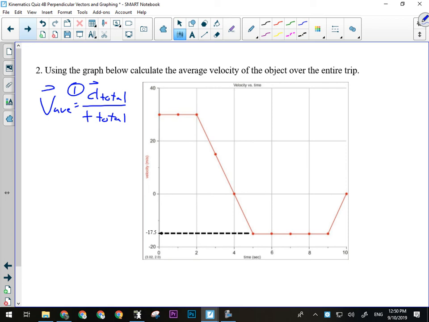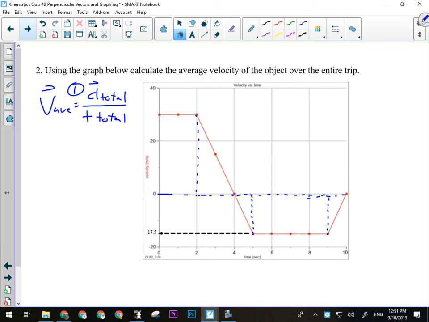Because this is a velocity versus time graph, I need to use each section as though it's its own part of the graph. Okay? That means taking the average velocity for each section and multiplying it by the time in order to get the displacement for each part. Right? So that's going to mean calculating the area under the line, essentially, for each part. Okay? So we're going to have 1, 2, 3, 4, 5 marks here for these sections. This is our 6th mark, and then when we actually get our answer, that'll be the 7th and final mark